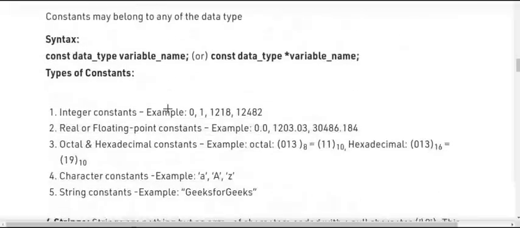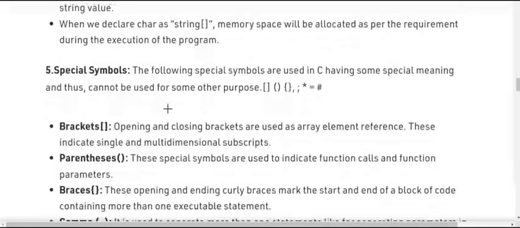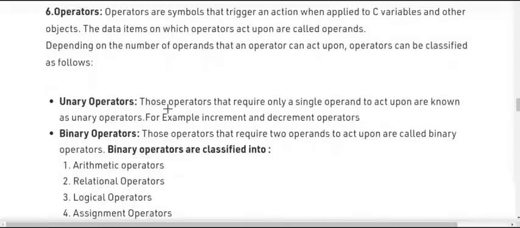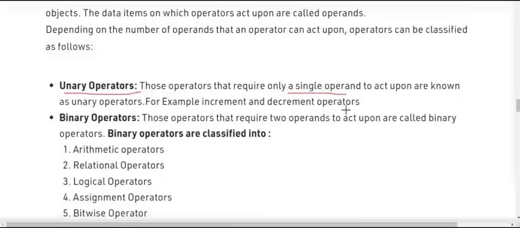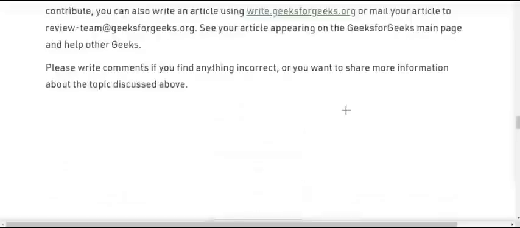Then we have constants, syntax for that, then we have strings, special symbols, and operators like unary operators, those which operate only on a single operand. Then we have binary operators, ternary operators. So yeah,